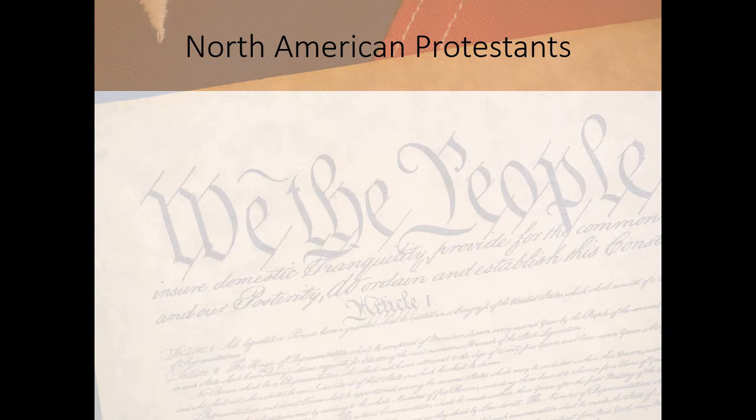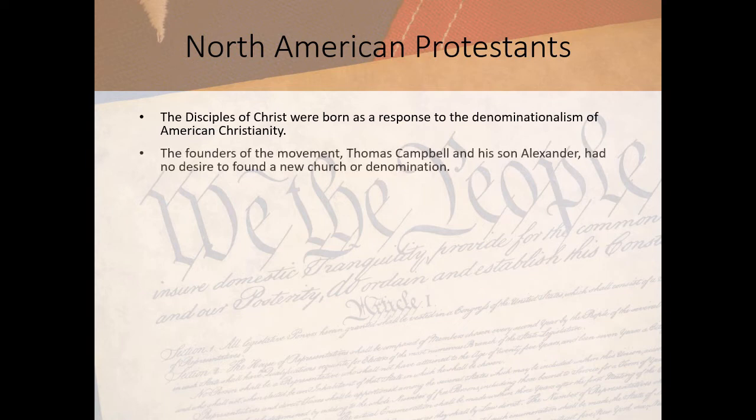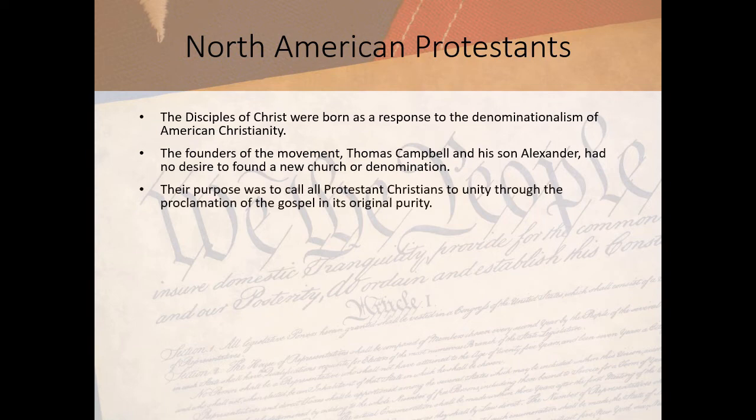Looking further at this, the Disciples of Christ were born as a response to the denominationalism of American Christianity. So this is a group that said, we don't need to have denominations, let's be united. The founders of the movement, Thomas Campbell and his son Alexander, had no desire to found a new church or denomination. Well, Wesley didn't with Methodism either, and it ended up happening. It's going to happen here too. Their purpose was to call all Protestant Christians to unity through the proclamation of the gospel in its original purity. That's a great thing to do, but boy, there's a lot of things that have gone on since that was the emphasis, and you're going to have a tough climb to get that done,